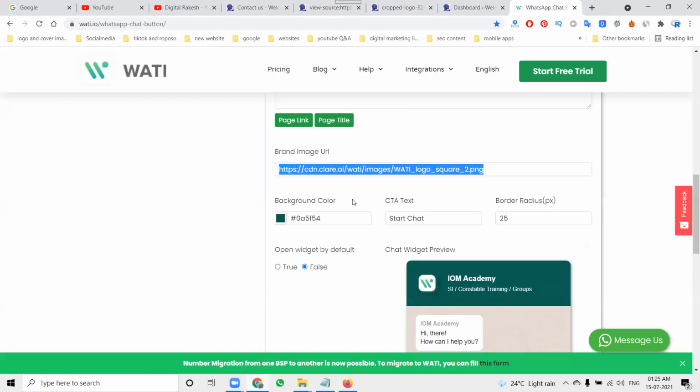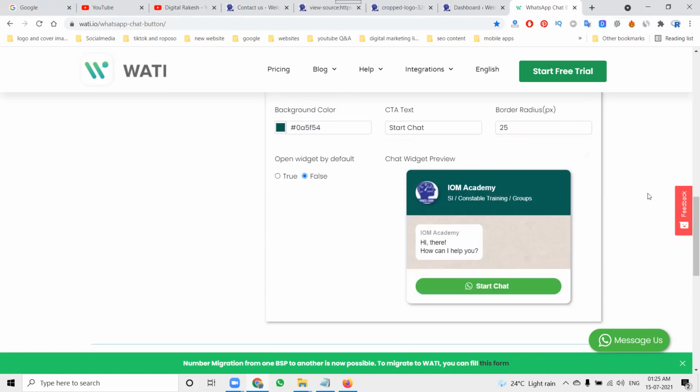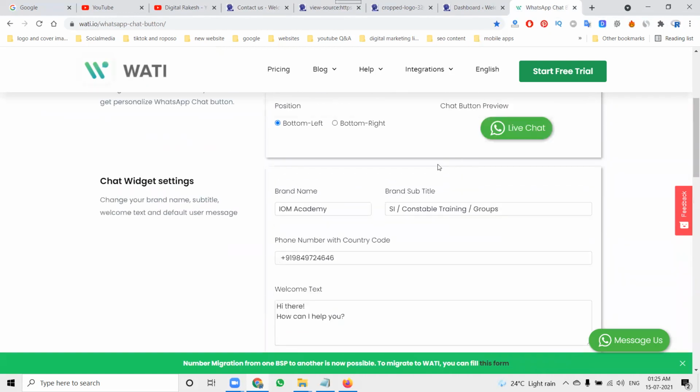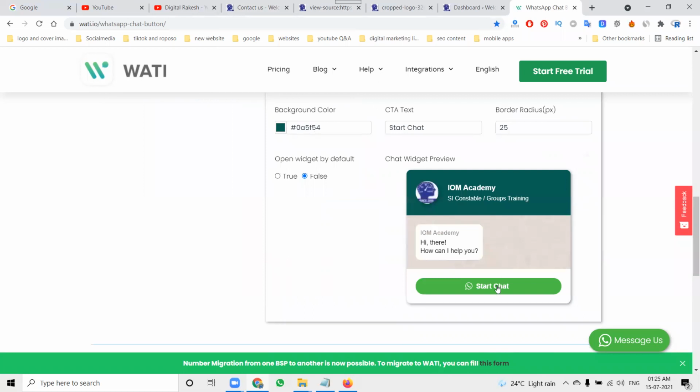Copy this one and paste it. The image will be changed here. Okay, we can add this option.